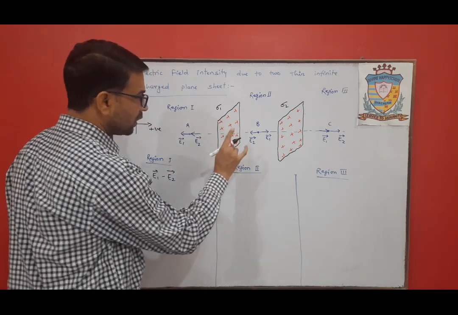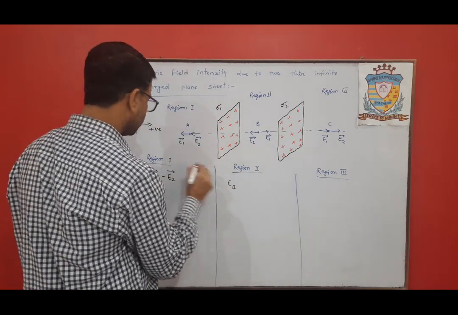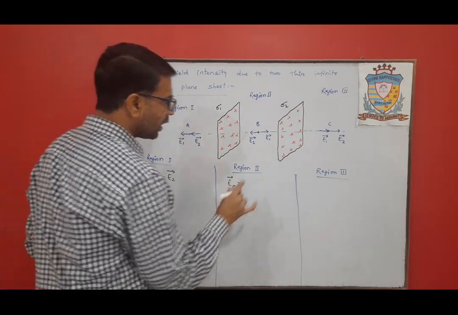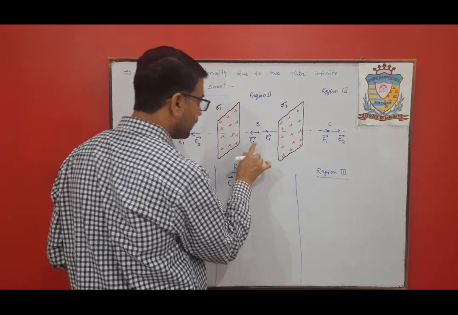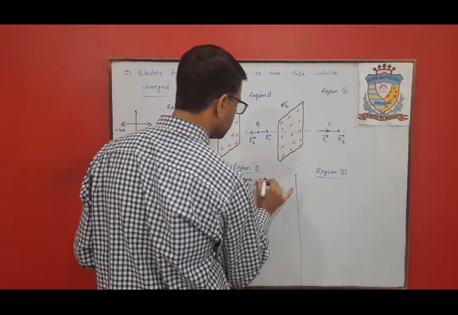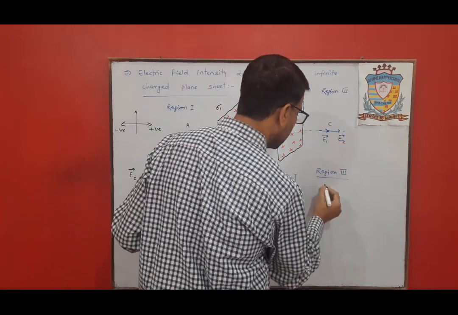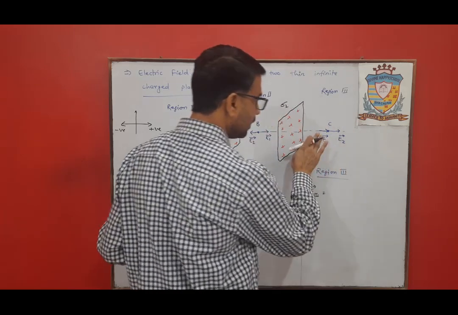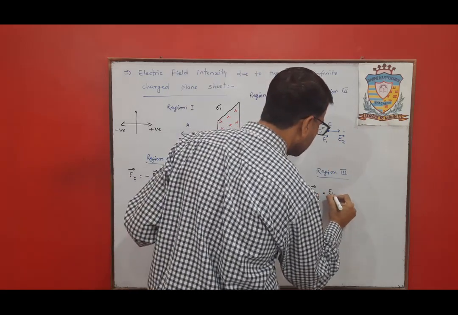In region 2, the net electric field intensity is equal to, here this will be taken as positive, that means E1 and minus E2. And in region 3, both are moving towards the positive x-axis, that means E1 plus